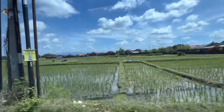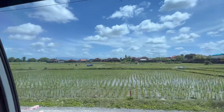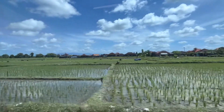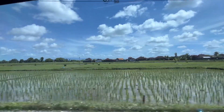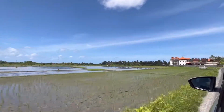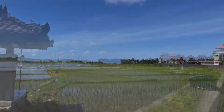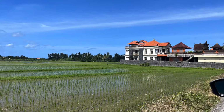Once we got out of Kedungu, we started to come across this sort of farm area, which was really beautiful. It was all this greenery, nice small villages along this road, and a lot of different rice paddies. It was just a really peaceful drive, and I was really enjoying the scenery going out here. And as we were going out here,